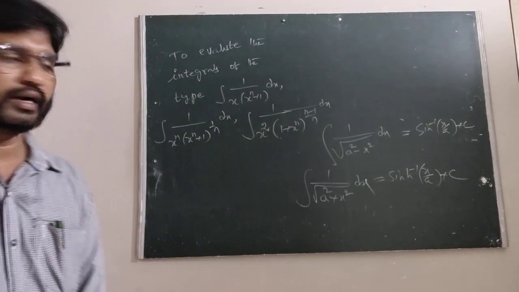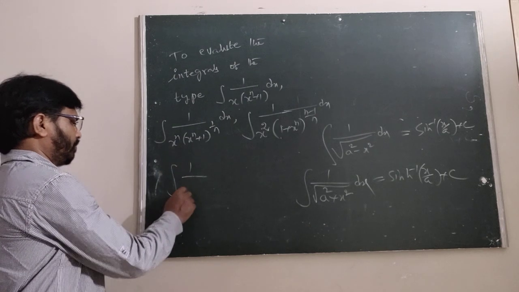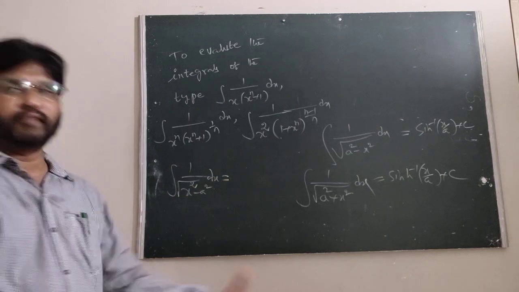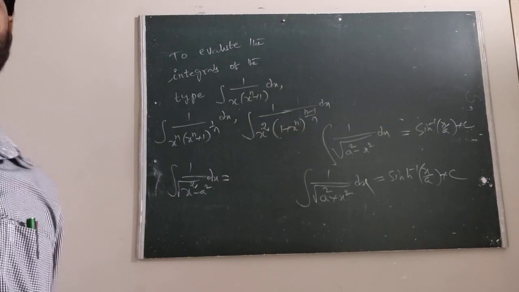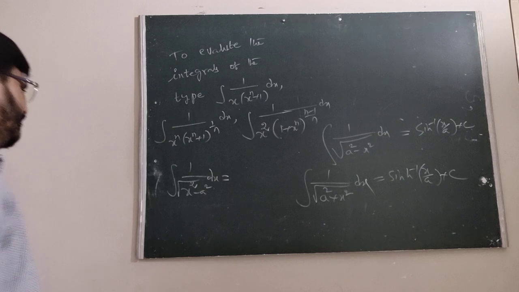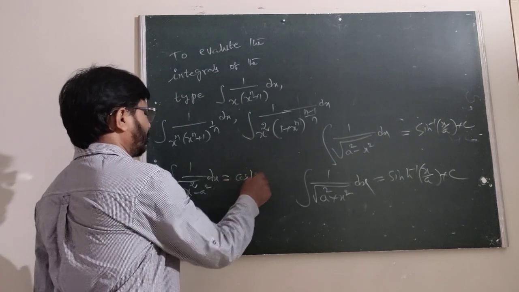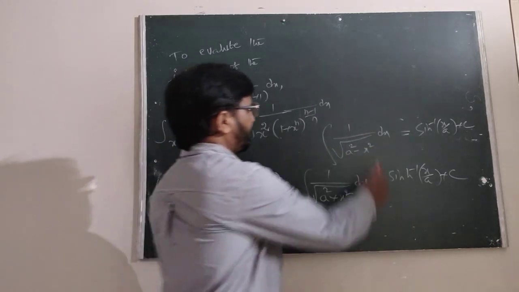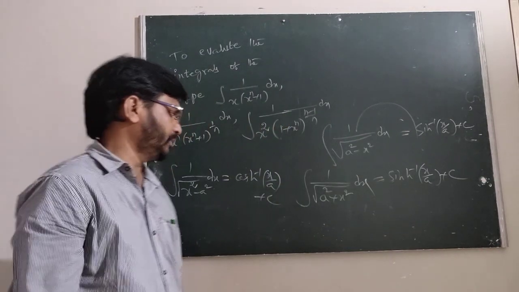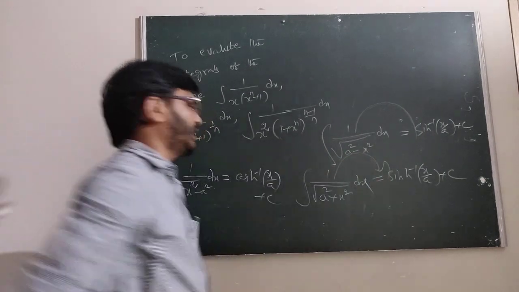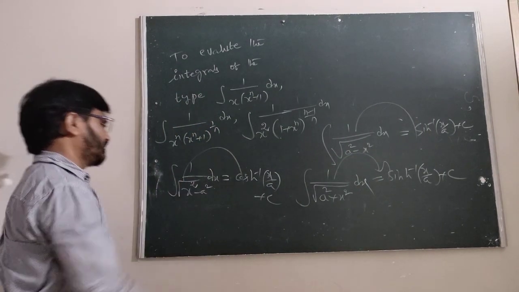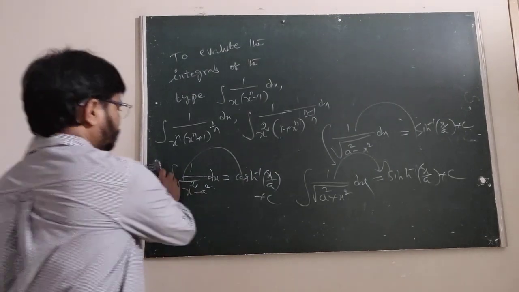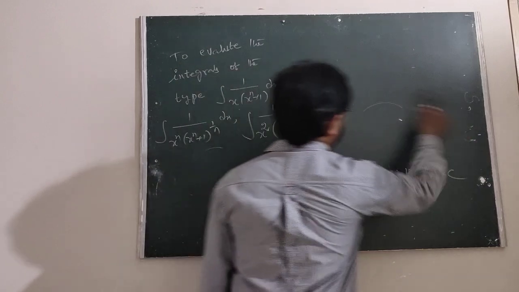Now we go to the third one, the integral of 1 by root of x square minus a square dx. We have to compare with these three, the last three and the coming three. That is very important. This is of the form cos h inverse of x by a plus c. Root of a square minus x square gives sine inverse of x by a. Root of a square plus x square gives sine h inverse of x by a. Root of x square minus a square gives cos h inverse of x by a. Now we go to the last three.